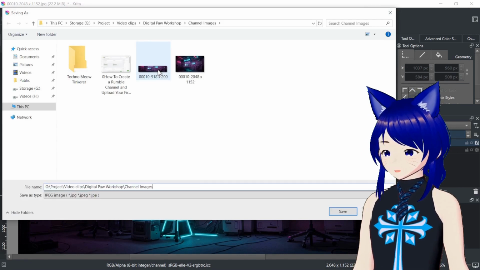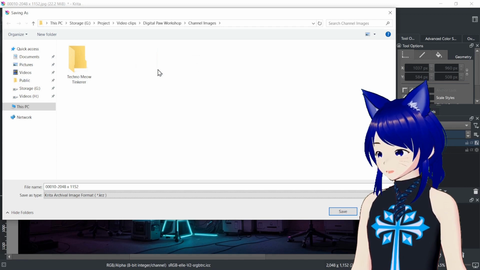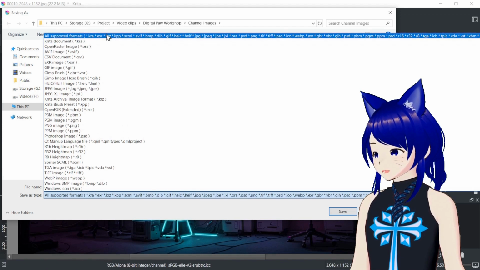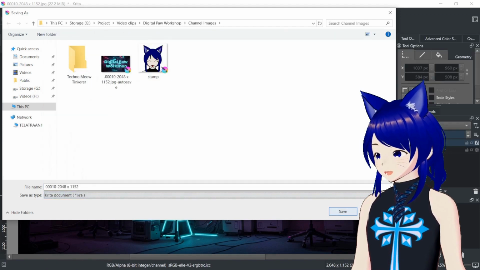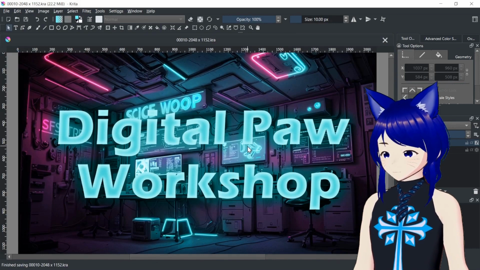Now the picture I used was originally a JPEG. That's why I'm going in here and switching it to a Krita file. That's not the Krita file I wanted. The Krita document. That way I can always come back and edit this. There was an autosave file. I didn't realize, but